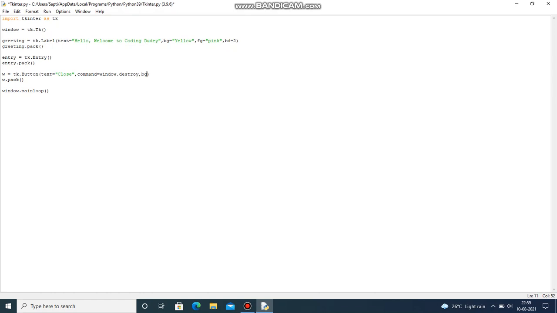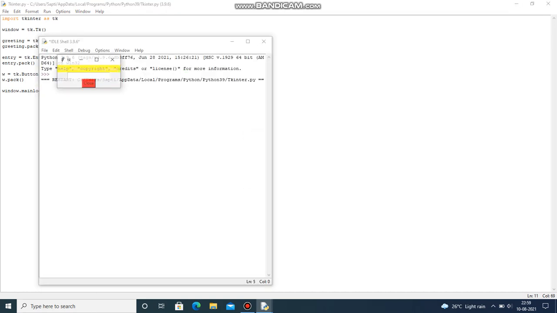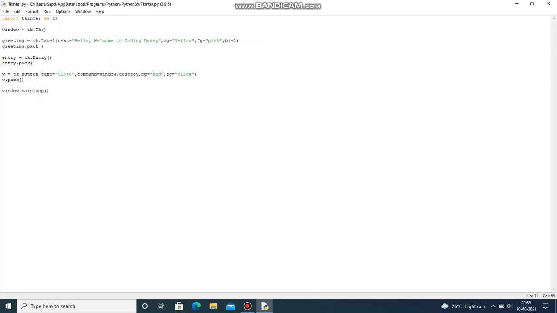Let's give background equal to red and foreground equal to black. Now you can see that it has an option to close. So these are the basic three widgets that we can use.